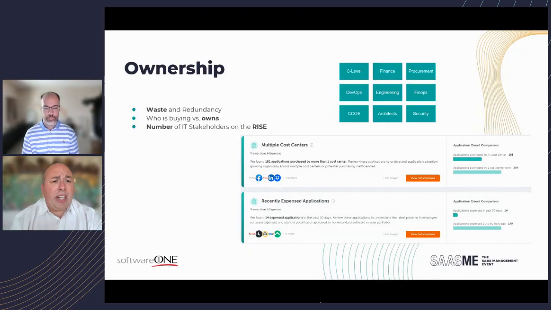And that action comes down to, who is buying versus who's going to step up and own that, and who should own that, right? And application owners, maybe even to a fault when it comes to SaaS, are maybe too gripped onto those applications, and they don't quite understand the benefits that ITAM and a properly running SaaS program can actually provide.